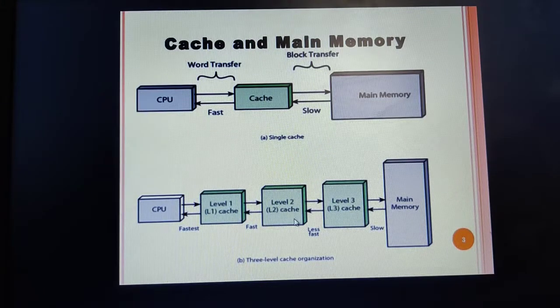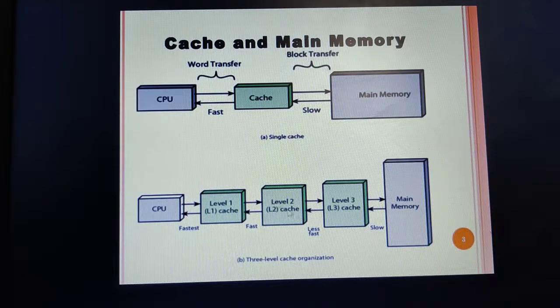Comparatively to the L1 and L2, the L3 cache memory is a little bit slower, but it is double the speed of our main memory, or the random access memory. Usually the capacity of this L3 memory will be up to 12 MB. No matter whether it is L1, L2 or L3, it usually stores the most recent executable instructions and the next instructions to be executed, and the most likely instructions which are required by the CPU for processing.